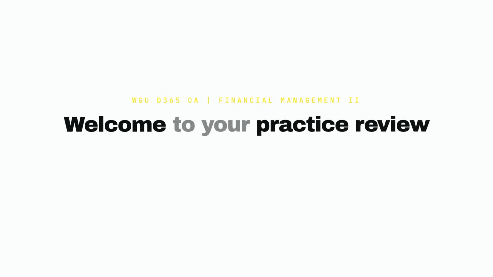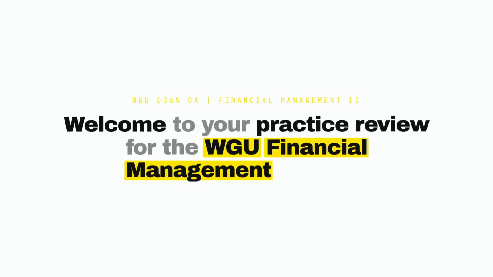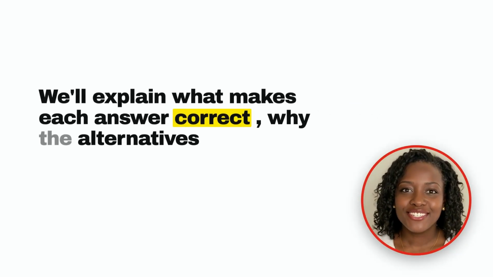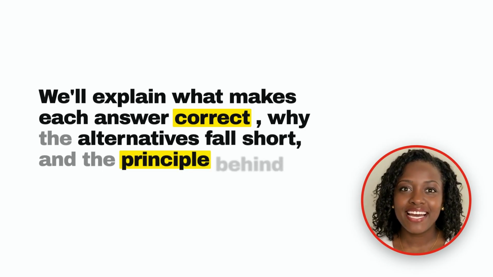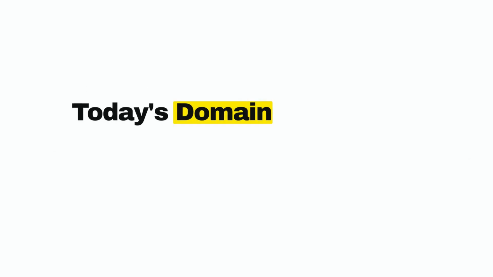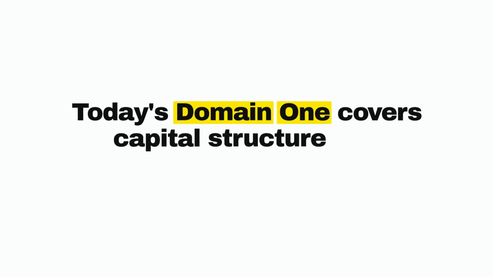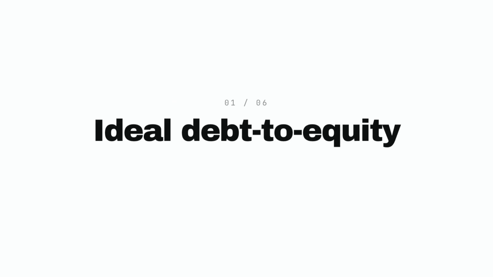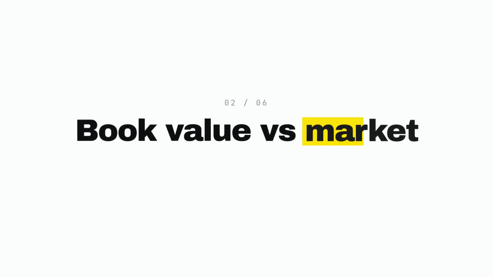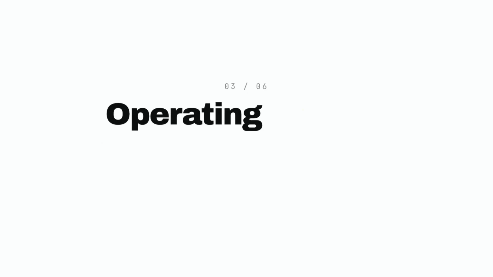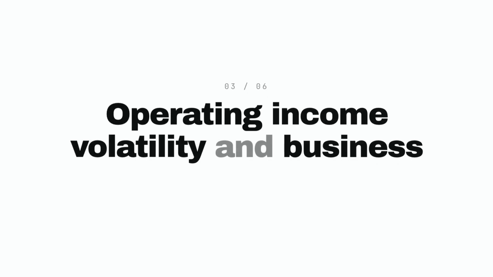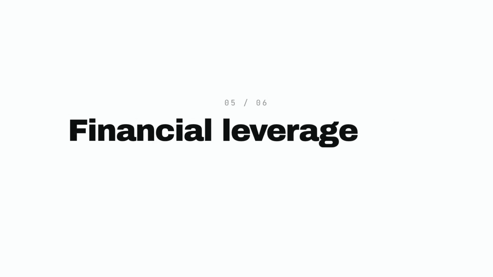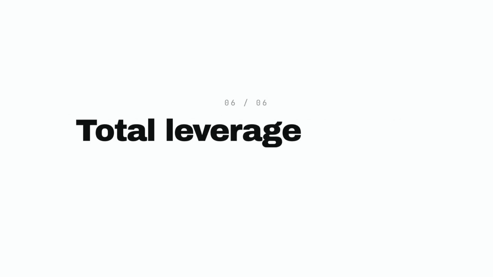Welcome to your practice review for the WGU Financial Management II exam. We'll explain what makes each answer correct, why the alternatives fall short, and the principle behind every question. Today's Domain 1 covers capital structure and leverage, including ideal debt to equity structure, book value versus market value approaches, operating income volatility and business risk, operating leverage and its degree, financial leverage and its degree, total leverage and its